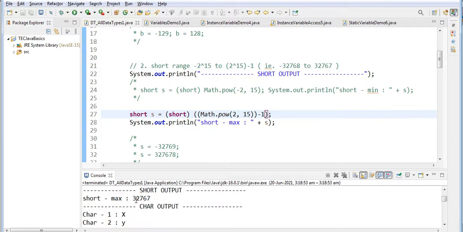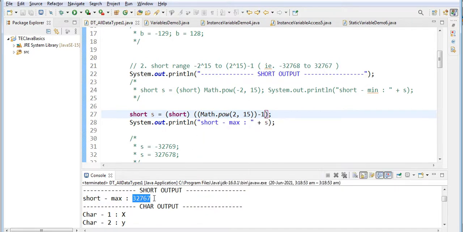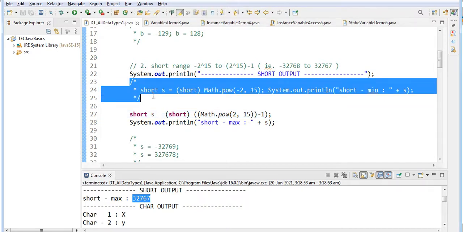Now it is giving the correct answer, because it is going out of the range. It is not throwing any error, but it is giving a wrong answer. So it should be 2 to the power of 15 minus 1. So this is about short.